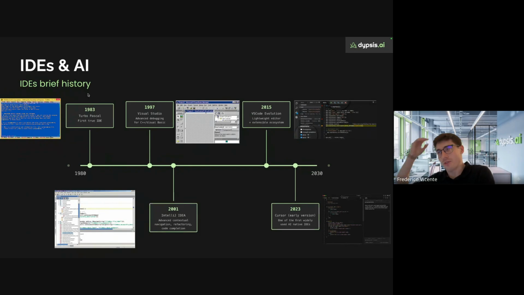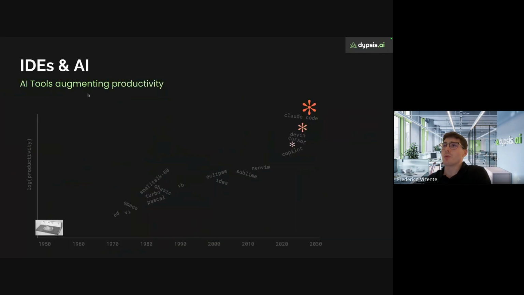In the past more or less 40 years, they have evolved quite a bit, from terminal-based interfaces to very rich development environments with many features. Even nowadays, we start seeing some agentic development environments like Cursor and Devin. The idea of IDEs is really to augment our productivity, and to deliver features and products much faster than in previous times.